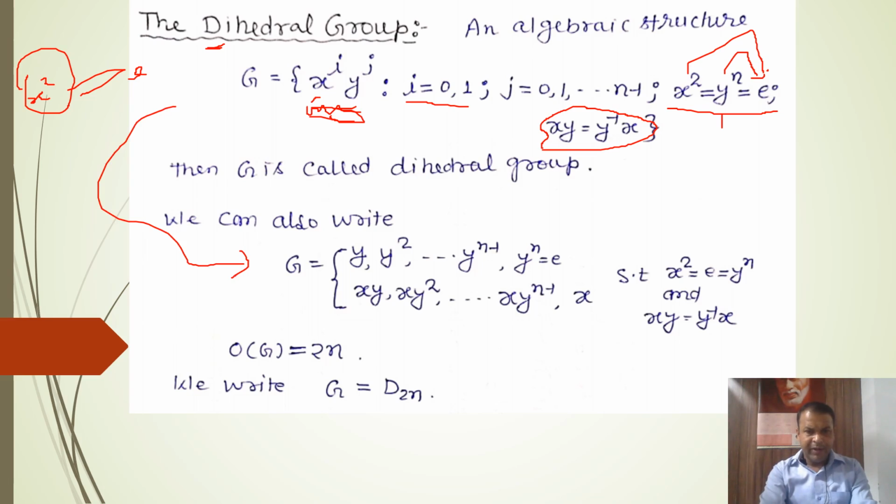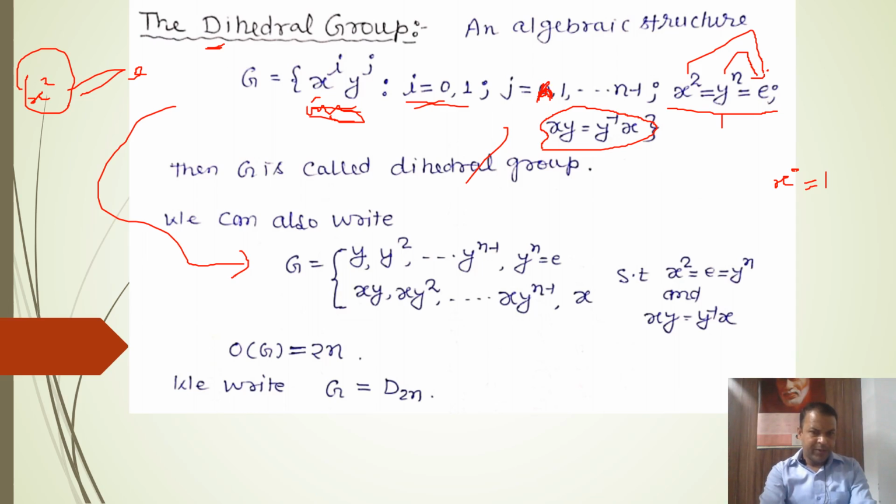Let us suppose we have the value of i equal to 0. It means we will use x to the power 0, and we know that x to the power 0 will be equal to 1. On multiplying this 1 by any power of y, we will get the result only in terms of y. So we will get y, y square, y to the power n, and so on. If we are taking the index j, it will start from j equal to 1, not from 0. Please make it correct. The index j will start from 1.